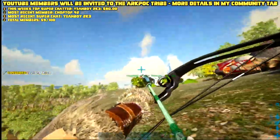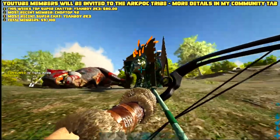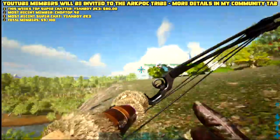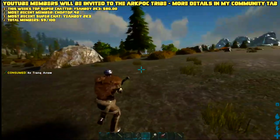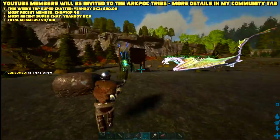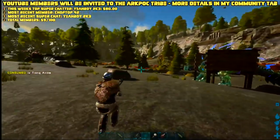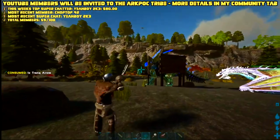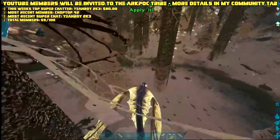So next up, we decided to do the only thing there was left to do, and that was try and tame some fresh Stegos. I did manage to tame myself a couple of Stegos. They were nowhere near as good as the ones I had before, but hey, we had to do the best we can with what we had. Because of this, I also needed to get myself a new Daeodon or Snow Owl and a new Parasaur and Arthropluera. I managed to find a 140 Arthropluera over in the snow,